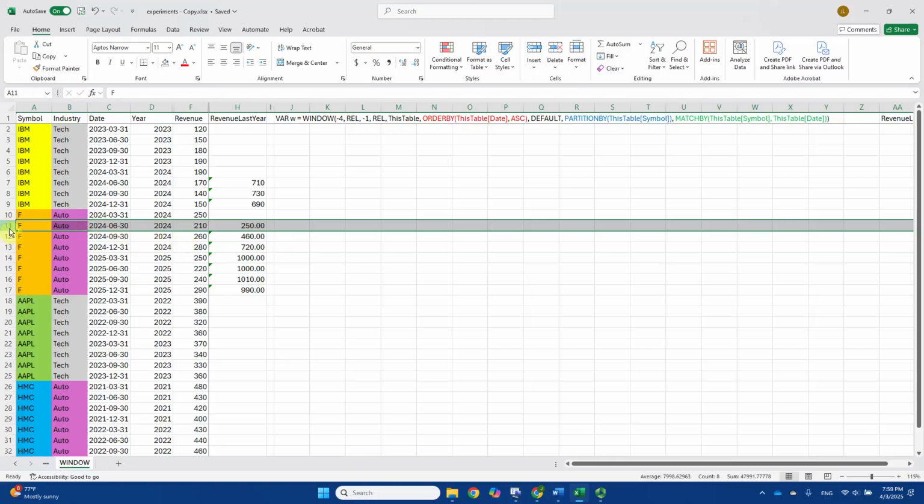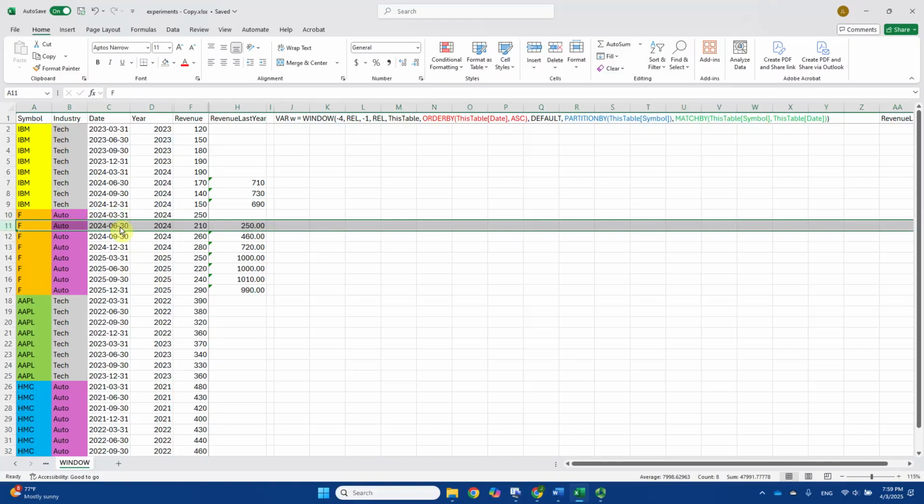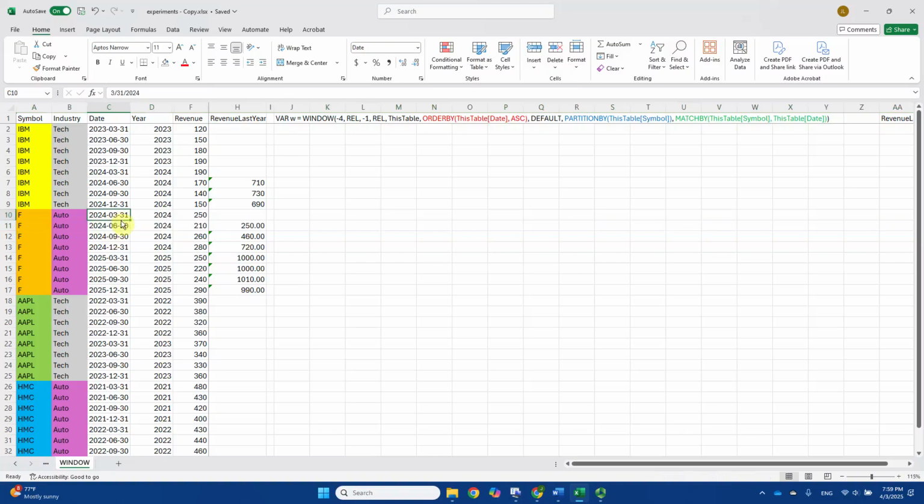So if we're working on this row, row 11, we're talking about the partition regarding Ford, then we're going to take just 1 row prior to this current row because, regarding Ford, the data is limited. If we're currently standing at July 30th, 2024, we can only have 1 prior quarter in this data set. So we're just going to take this 1 row,